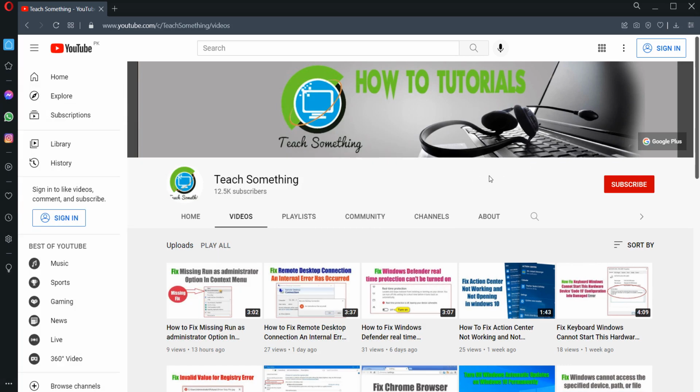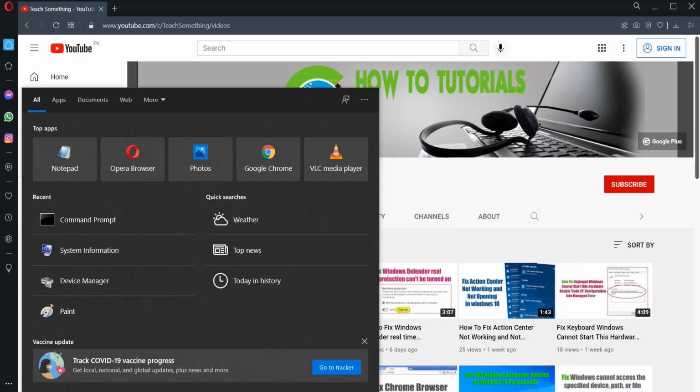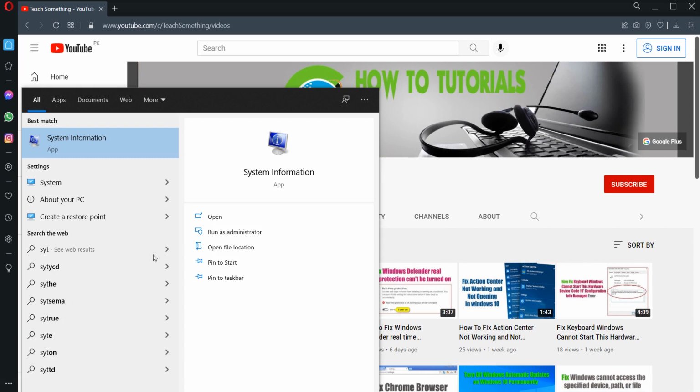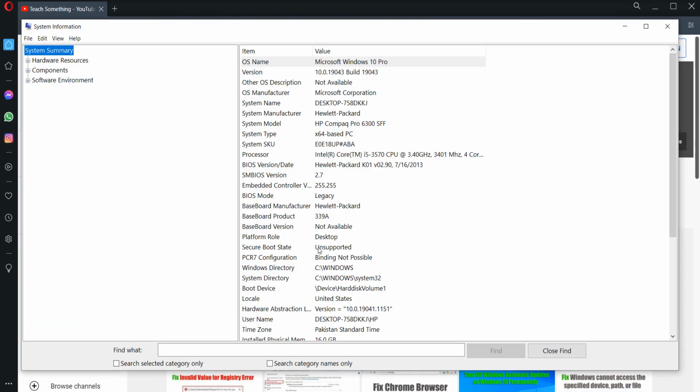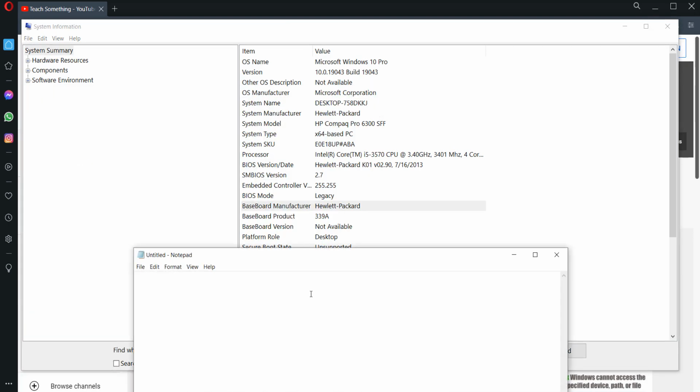try a fifth method. In the search box type System Information, open System Information, and you can check your baseboard product and baseboard manufacturer name. So after doing this, type it